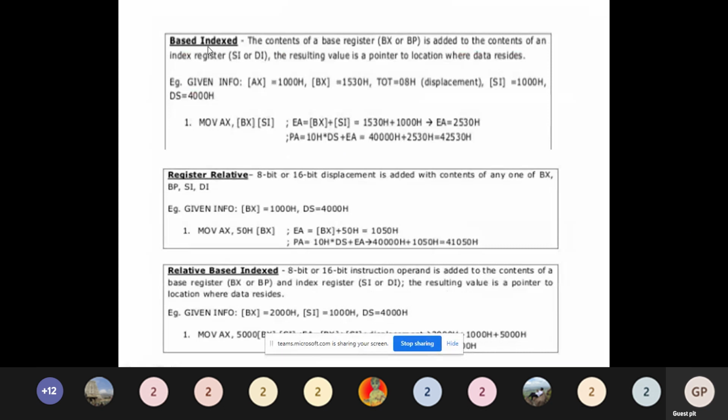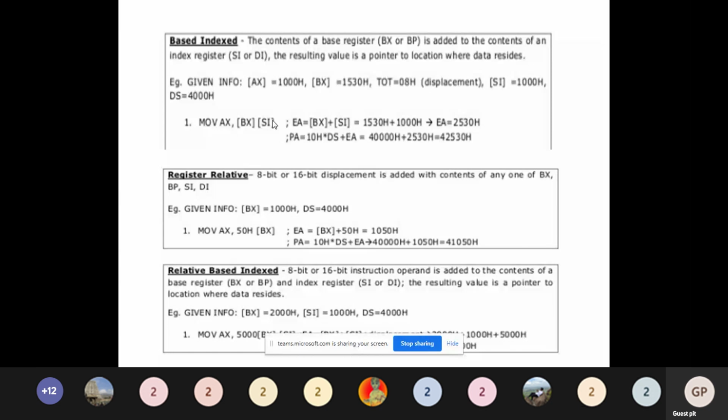Then you have based index addressing, an indexing method. You have to calculate the physical address by using the formula: you have to find the effective address, then segment address times 10 plus effective address gives the physical address. The content from that physical address has to be moved to AX.